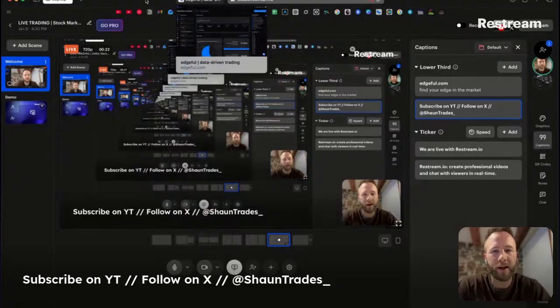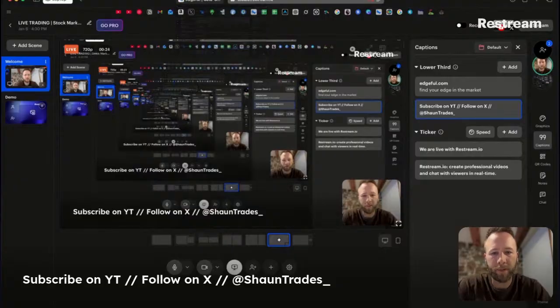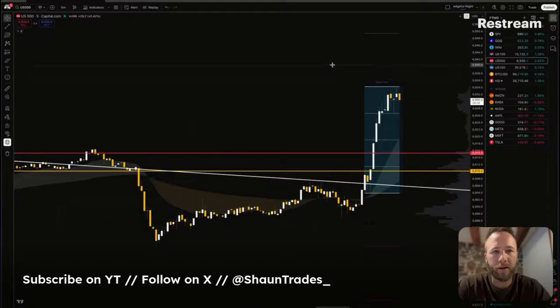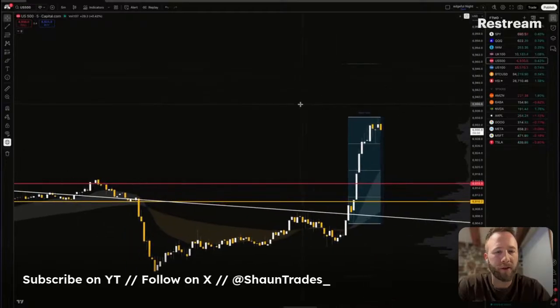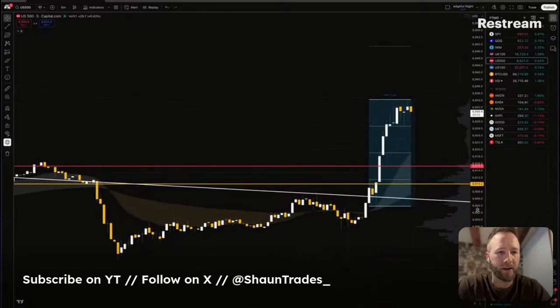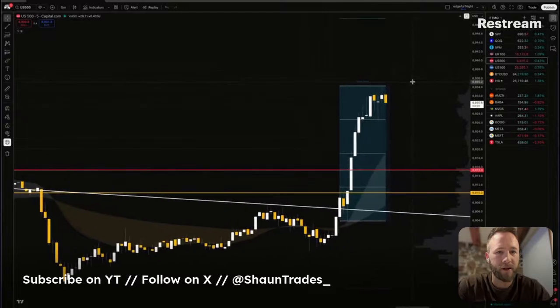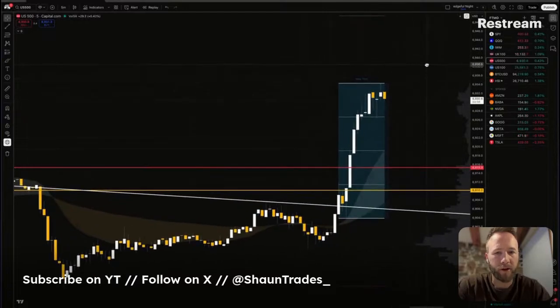Today we're going to be looking at the IB breakout report, because of course it was just formed. So the first hour of trading, you can see that the price action has been quite positive, and then we'll go to the Edgepool platform,